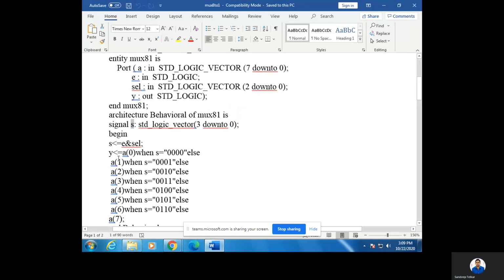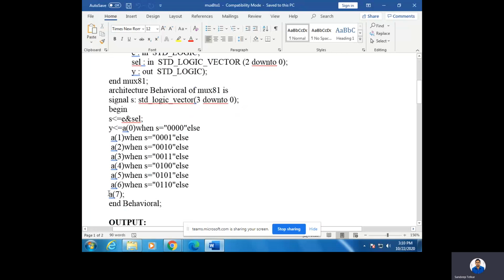So y is going to become the value of a of 0 when S takes the value of this combination, that is 0 0 0 0. Else y is going to take a of 1 when S is equal to 0 0 0 1. Likewise y is going to take the value of a of 2 when S is equal to 0 0 1 0. Likewise go on writing up to 6.